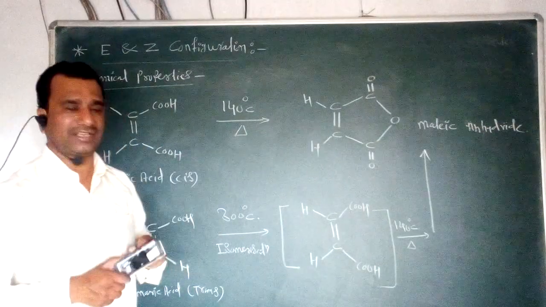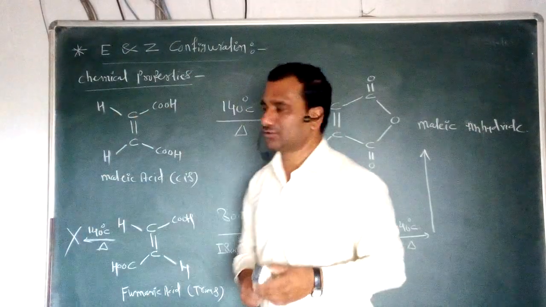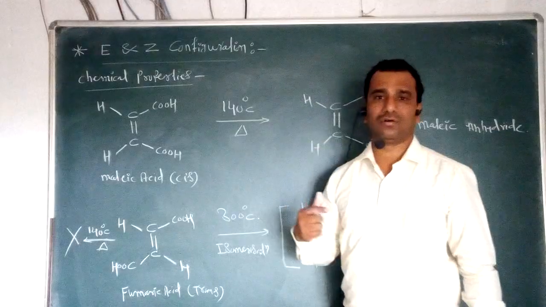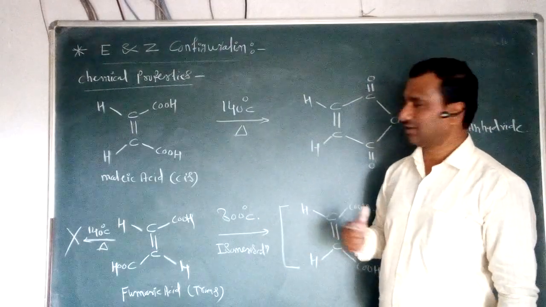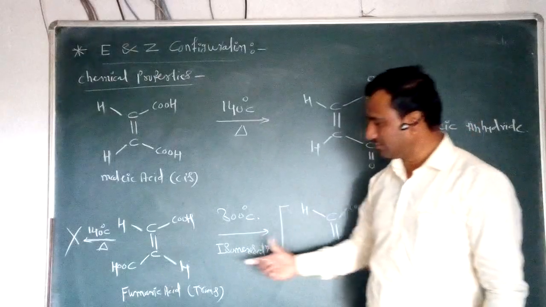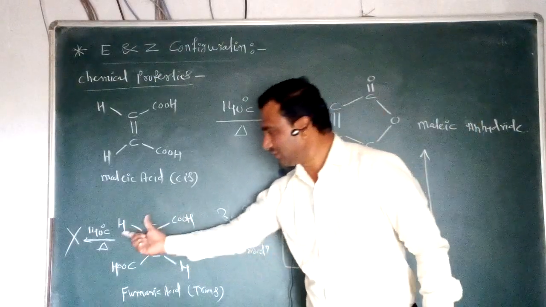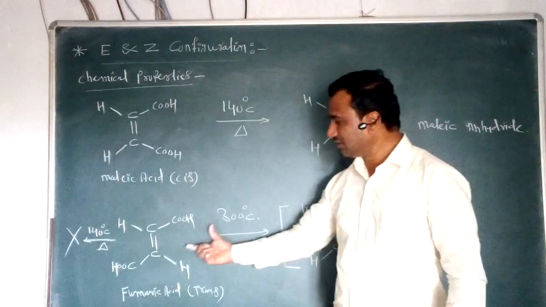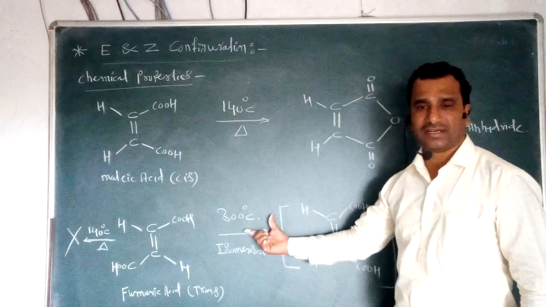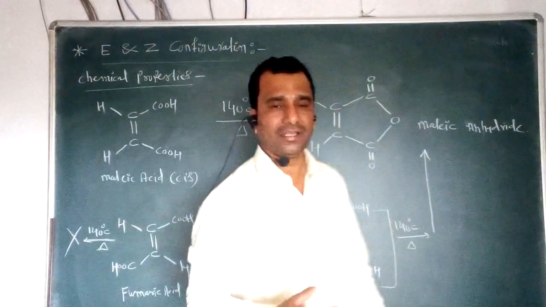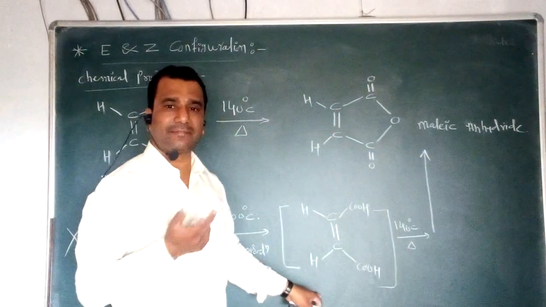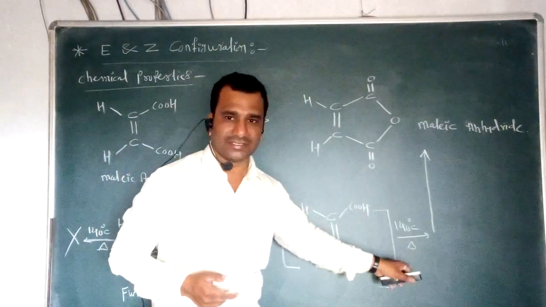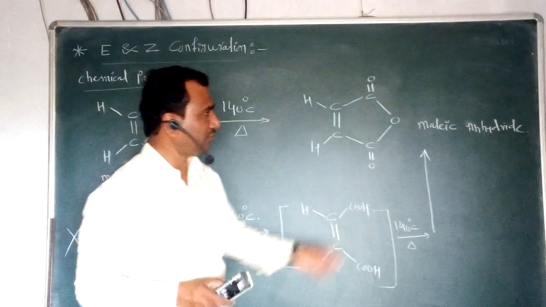In short, we can say that these are the two geometrical isomers of the acid. One is the malic acid, the second is the fumaric acid. Malic acid easily undergoes a cyclization reaction when heated at 140 degrees centigrade. But in the case of fumaric acid, if we heat it at 140 degrees centigrade, it cannot undergo cyclization. So we have to heat this fumaric acid at a high temperature of 300 degrees centigrade. In the first step, it undergoes isomerization and forms the malic acid again, and when it is heated again at 140 degrees centigrade, it undergoes a cyclization reaction